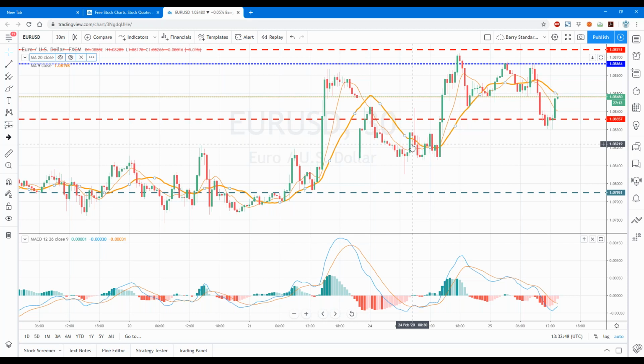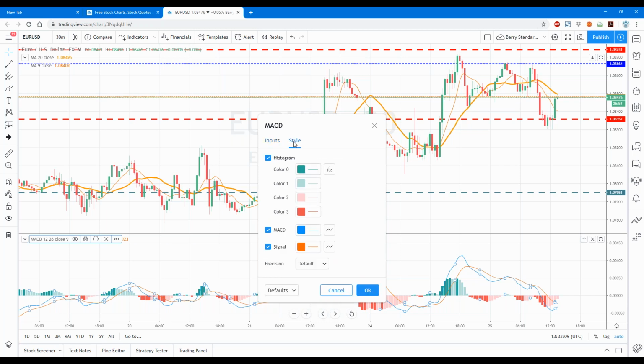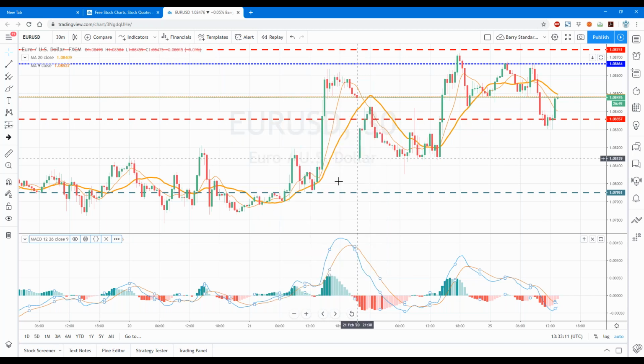There's lots of different ways that we can use indicators in our trading, but you have to learn them, because also, if you notice here with MACD and all the indicators, you can customize their settings. So we could decide to use a shorter length period or a faster length period. Okay, we could smooth it over a longer period. There's all types of scenarios, but it's all based on your strategy and your trading and what you're trading